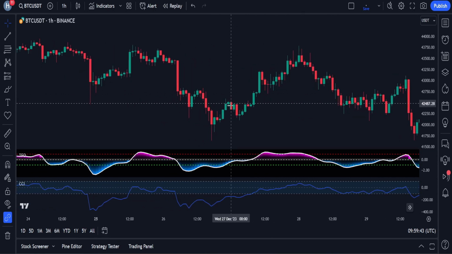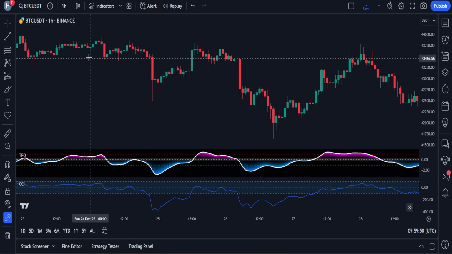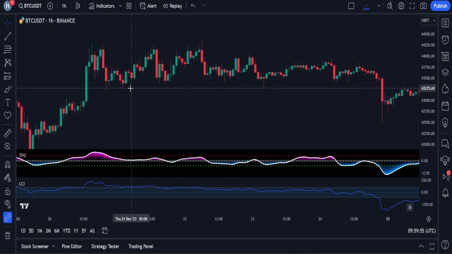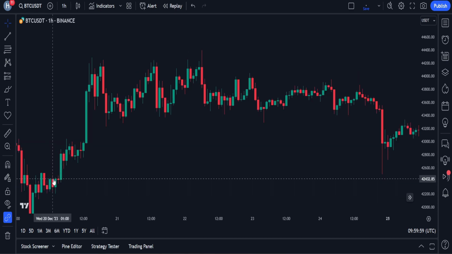So this is what our chart is going to look like when we're done setting up our indicators. I'm going to be using a Bitcoin chart on a 1-hour time frame to explain this strategy. The settings that I will explain in this video will work for almost all time frames. First of all, I'll quickly cross out these indicators from the chart so I can explain their settings from the